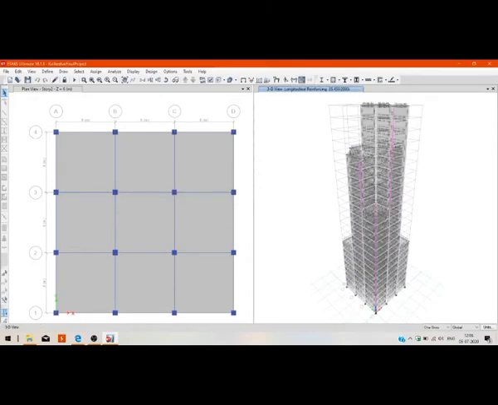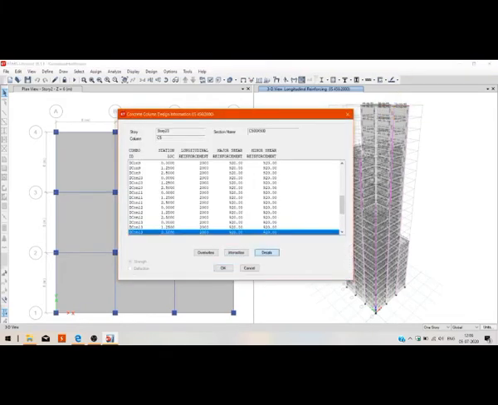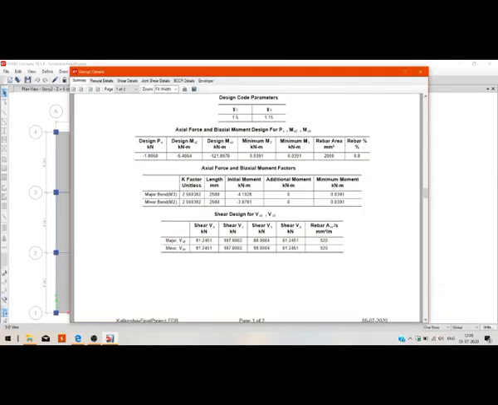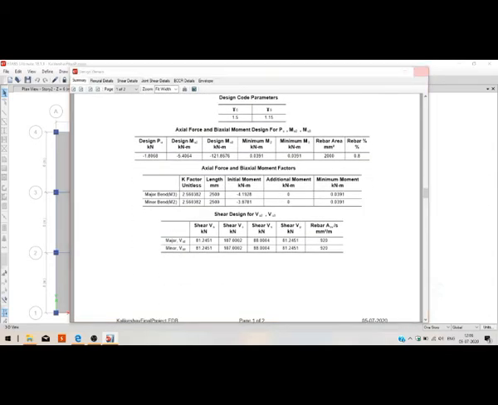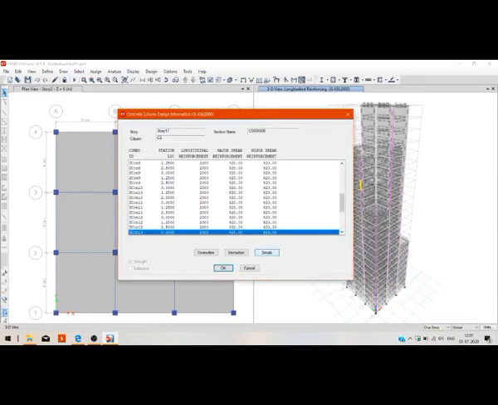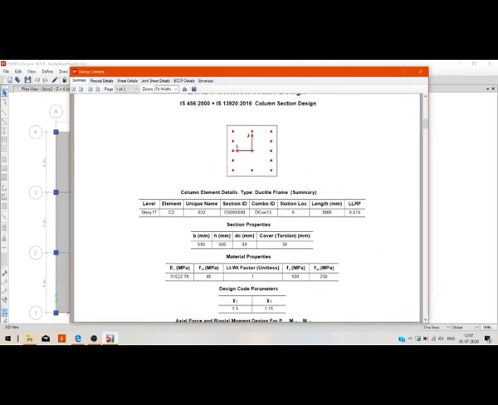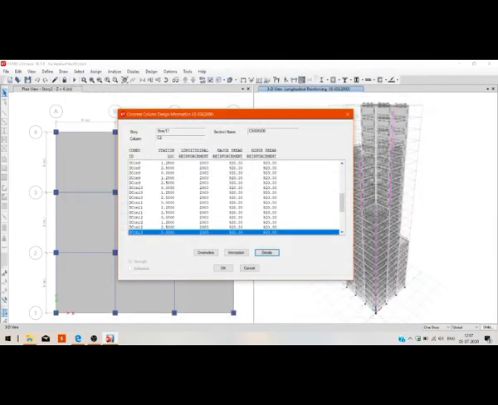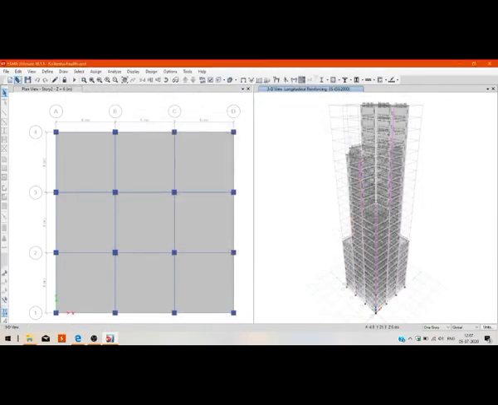You have to wait for some more time. Now we can see the design has been done, and we can check the design section, loads, shear force and bending moment on the columns and beams as shown in the 3D tab.